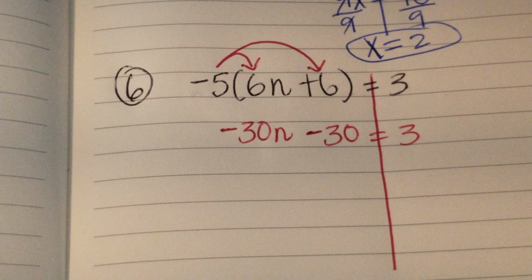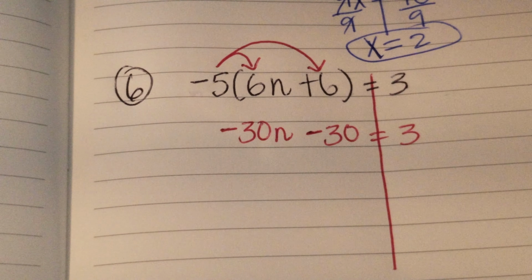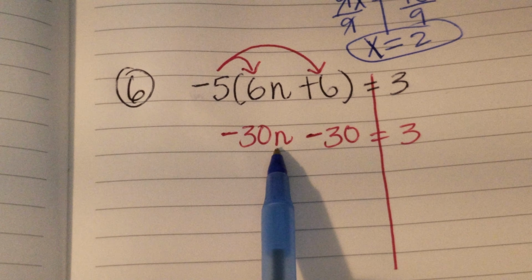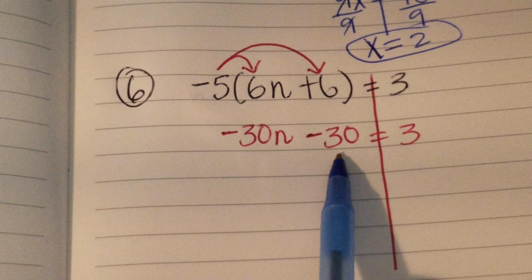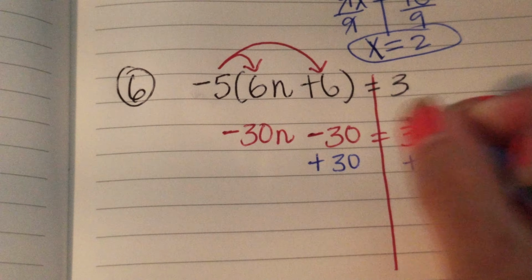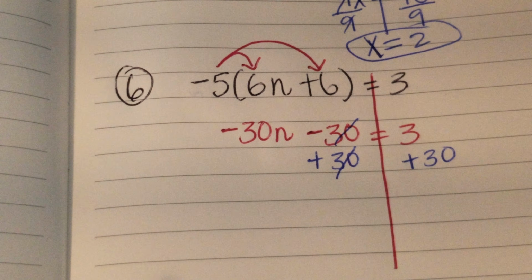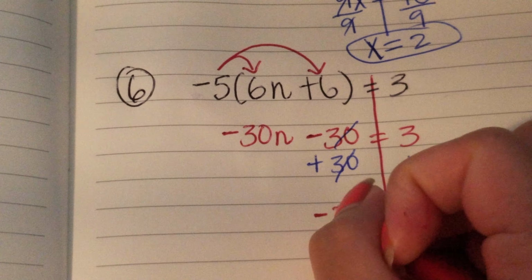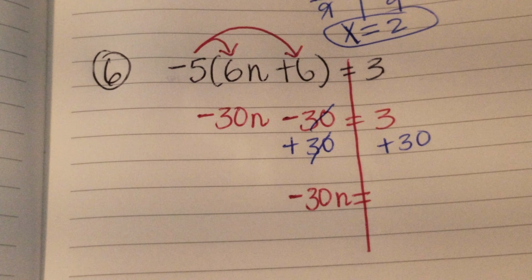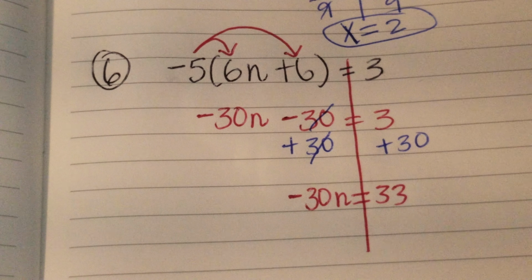Okay, so now what do I do here? This is the variable n, so I'm going to eliminate this one by adding 30 on both sides. This goes away, and now I get negative 30n equals 3 plus 30, that is 33,